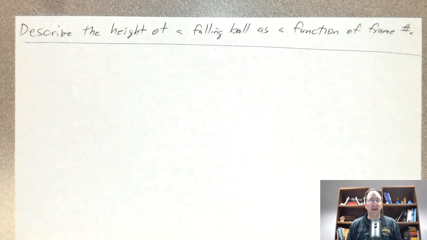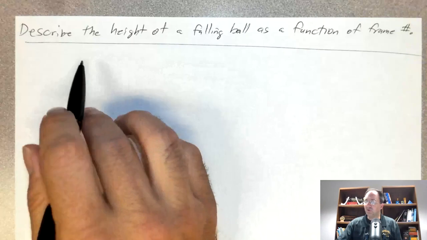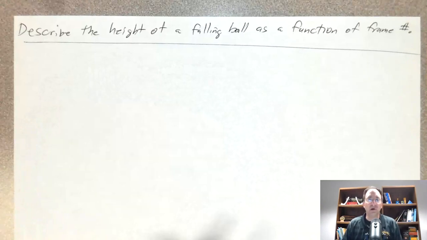Hello, this is the second video of the Build the Model section for the modeling process. In our last video, we went through some terminology associated with building a mathematical model. Here we're going to see that in action. And for our particular example, we're going to try to describe the height of a falling ball as a function